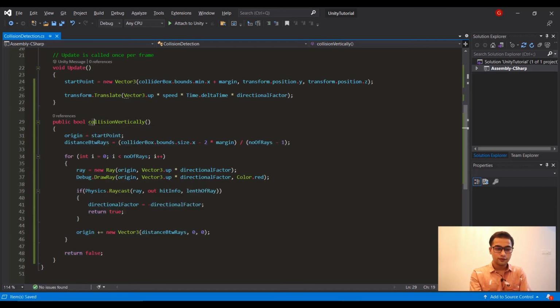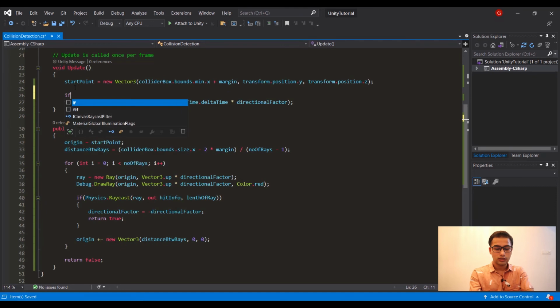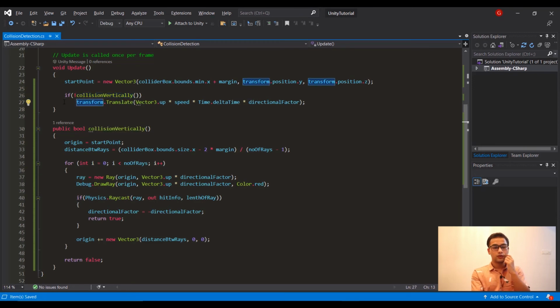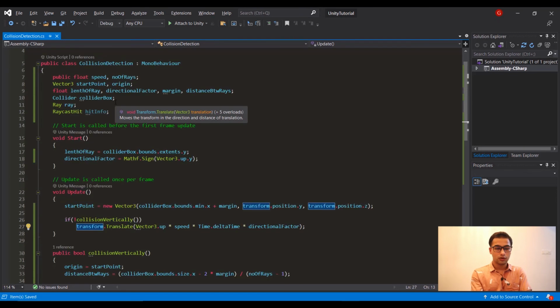Now if this function gives true, then we will switch the direction, or else we will transform this game object.